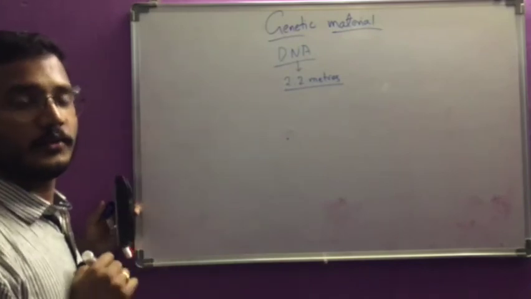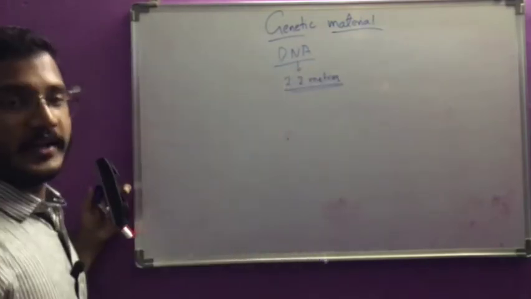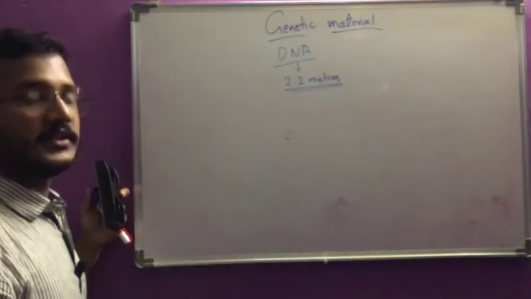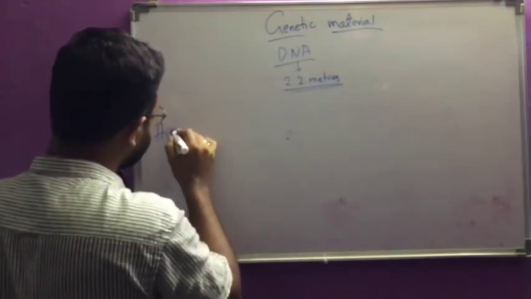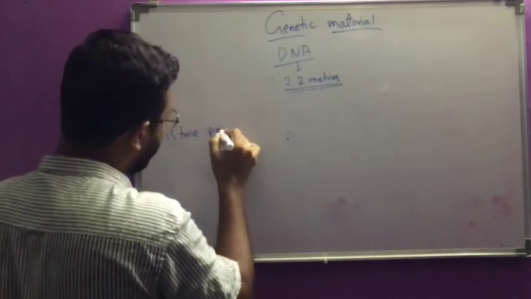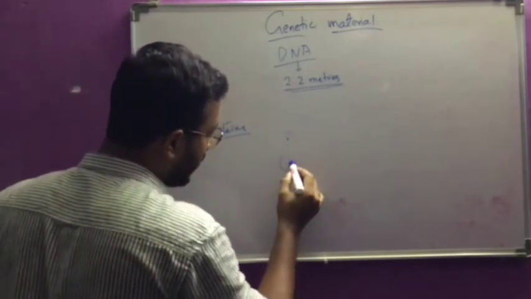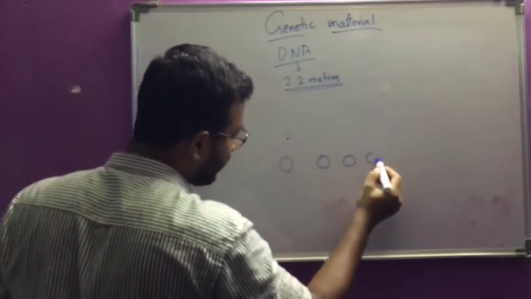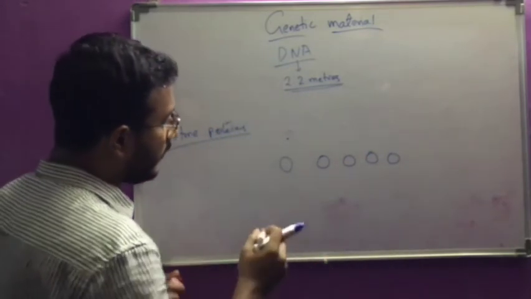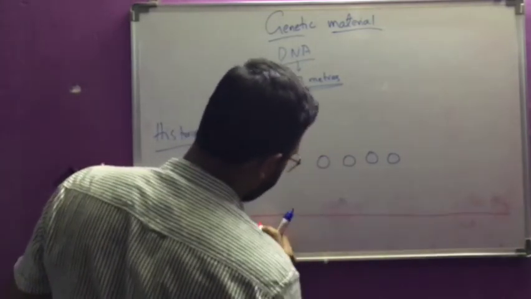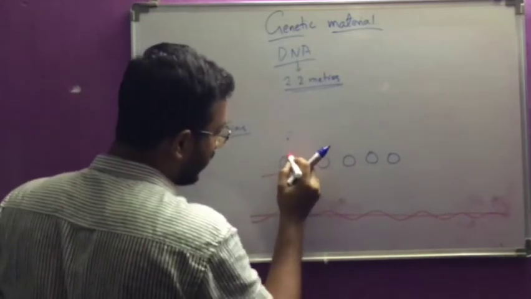We cannot even see a cell with the naked eye. But how is this much long DNA compacted or packaged in the nucleus itself? That is because of the presence of specialized proteins. Those are histone proteins. The proteins are present at regular intervals in the nucleoplasm, and now this much length of DNA comes and winds up around it.